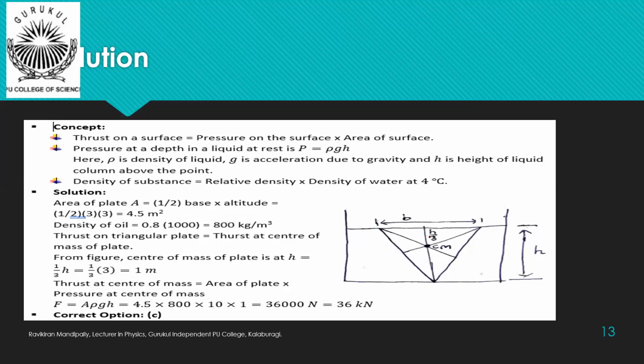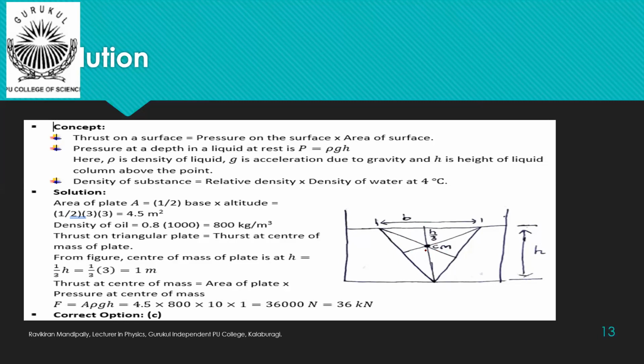So at different points, the pressure would be different and the force would be different, but we wanted a single valued answer. That is why instead of considering every point of this given surface, you can consider the point where the total mass of the body or of the given surface is concentrated. That is nothing but the center of mass. That means if you find the thrust or force acting at the center of mass of this given surface, that would be sufficient for us.